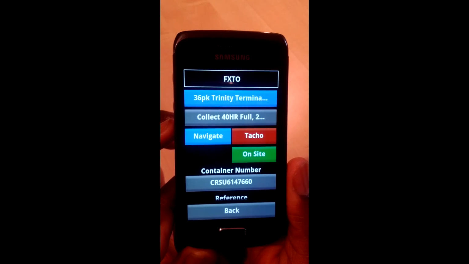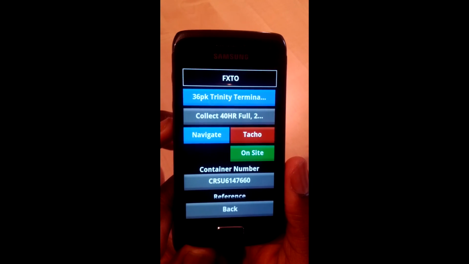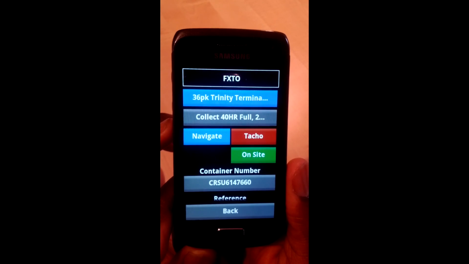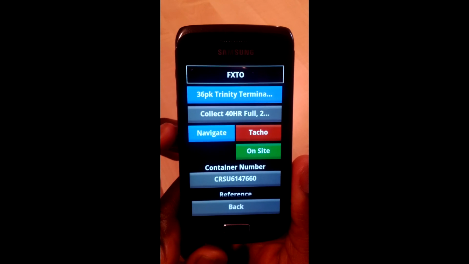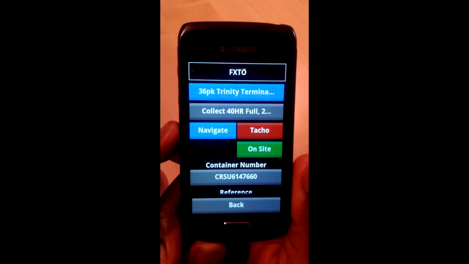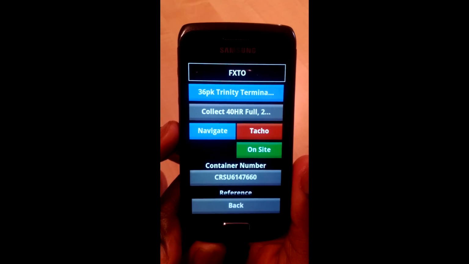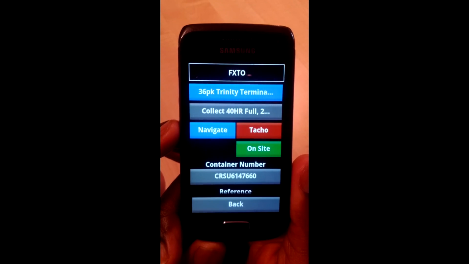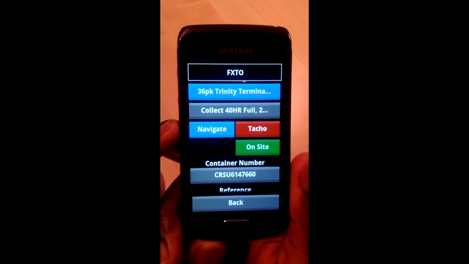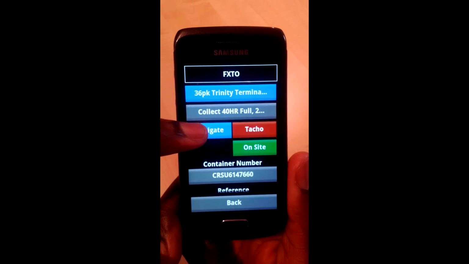And so let's say I'm ready to go to this job now. Okay, so I'm looking at it, but I don't exactly know where this job is. I've never been there before. So what do I do? We have this navigate button here. Now what it does is, Android comes pre-installed with Google Navigator. Okay, so we use that. We push the job address to the Google Navigator. If I press navigate here